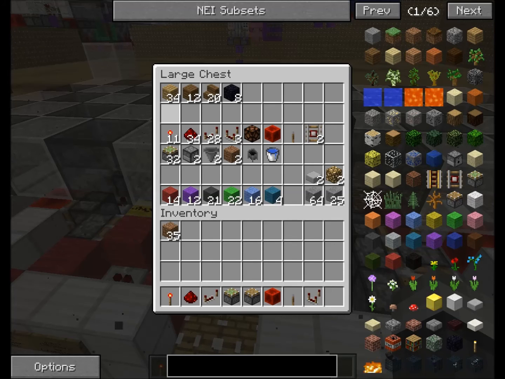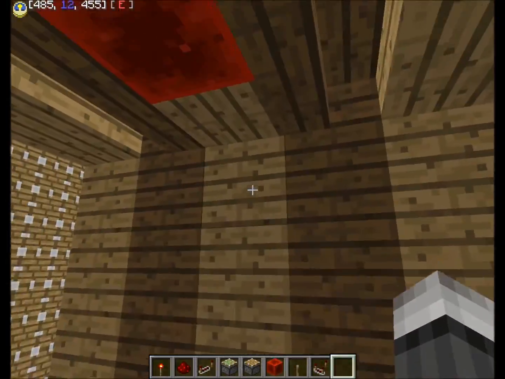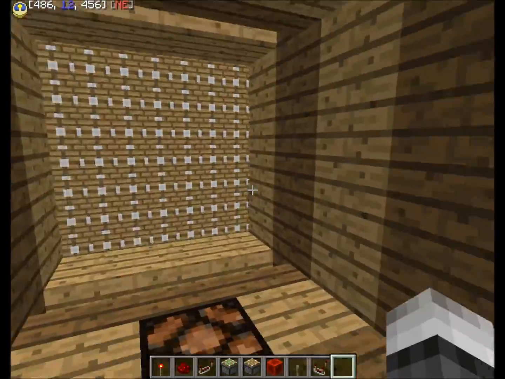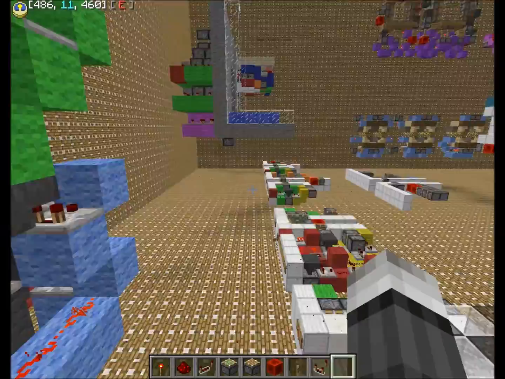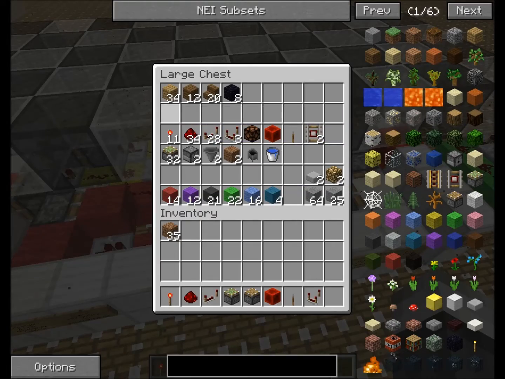You will need 34 oak wood, only if you're building the style like me, of course. This could also be spruce wood or whatever you want your door frame to look like. Just in this case, if you want to build exactly that, then you have to use 20 stairs, 12 normal blocks, and 34 of the others, 8 obsidian, 11 redstone torches,